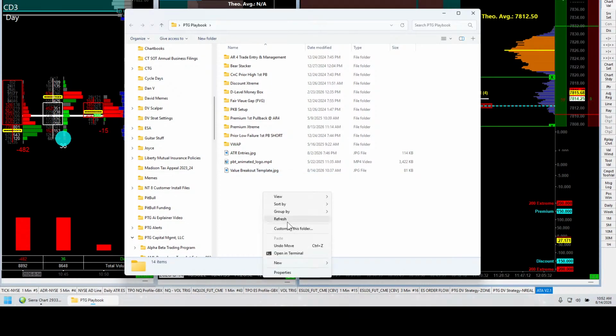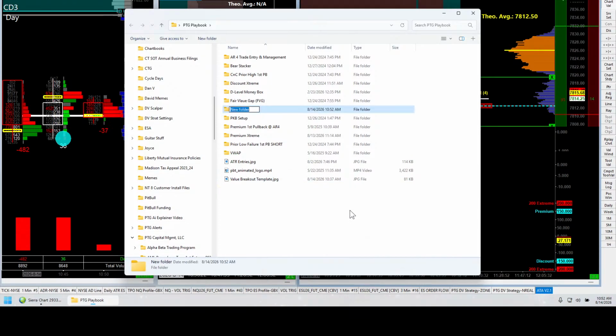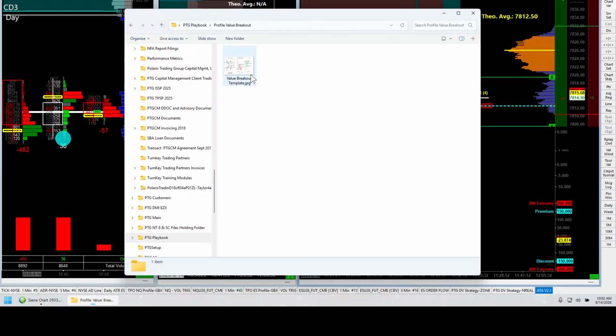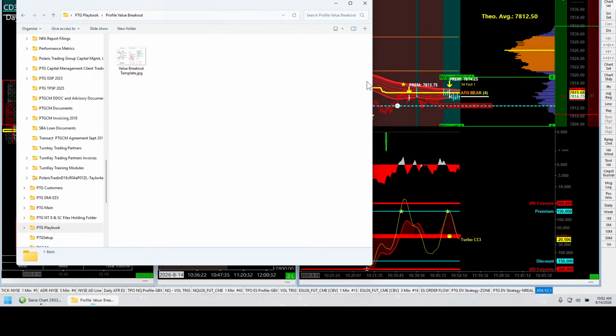All right. So here, let's do this. New folder. All right. So profile value breakout. Okay, there's my folder. I'm going to put that file, that image into that folder. So when I go to that folder, I'll have the template that we just went over. And now what you can do is take today's lesson about this and use this as a real-time chart, right? Just kind of reset it for yourself and then write notes on your chart